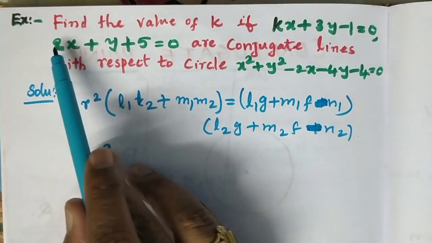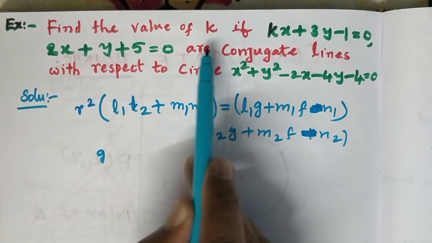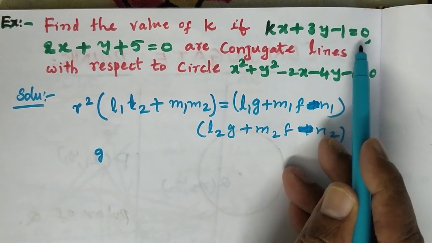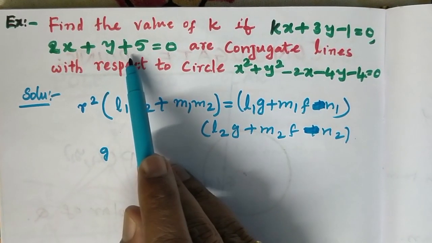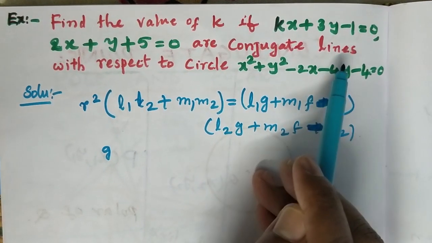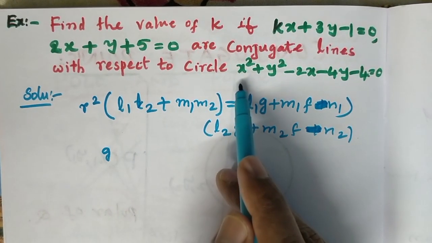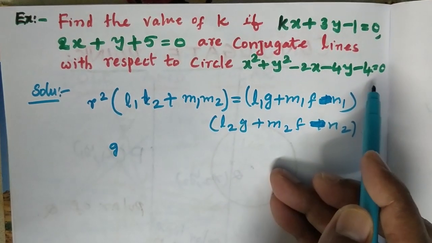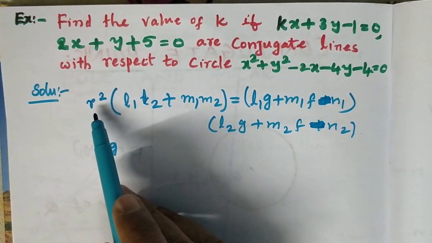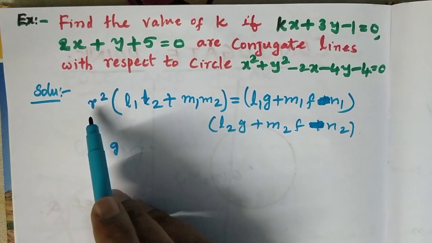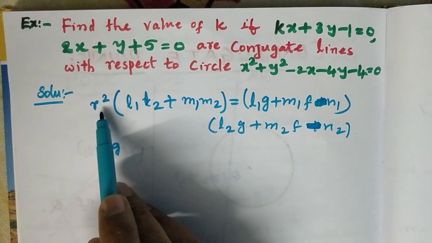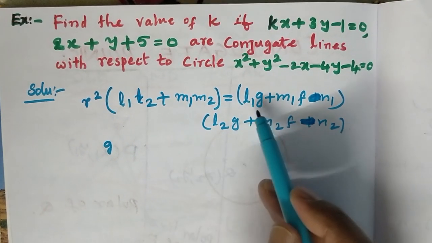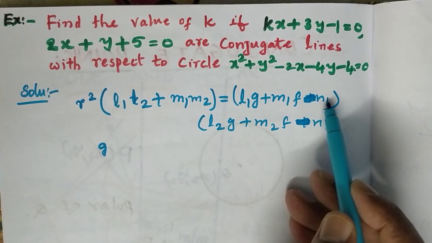See the example. Find the value of k if kx plus 3y minus 1 = 0 and 2x plus y plus 5 = 0 are conjugate lines with respect to the circle x square plus y square minus 2x minus 4y minus 4 = 0. What is the condition for conjugate lines? That is r square into (L1 L2 plus M1 M2) = (L1 g plus M1 f minus N1) into